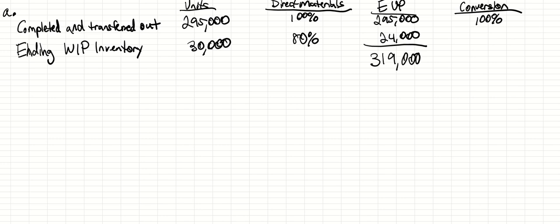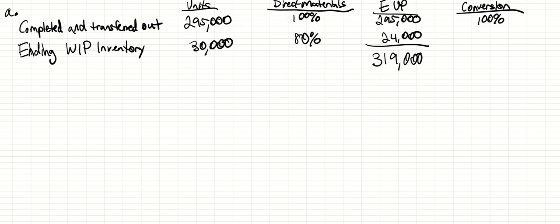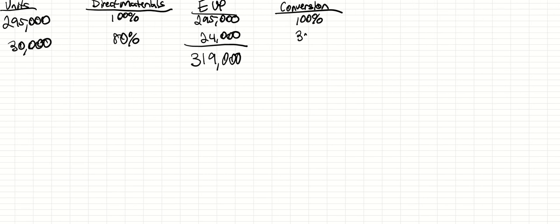And then for ending work in process inventory of 30,000, they give us 30% for conversion. And so that's what we're going to do, 30%. So our EUP for conversion is going to be 295,000. And then 30% of 24,000, that should give us,